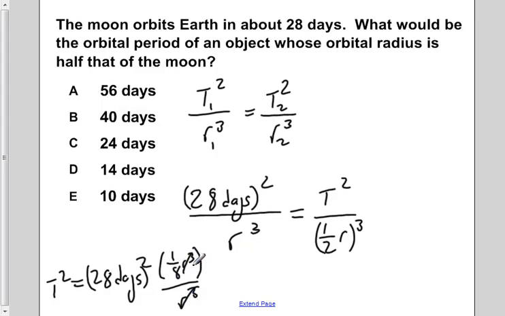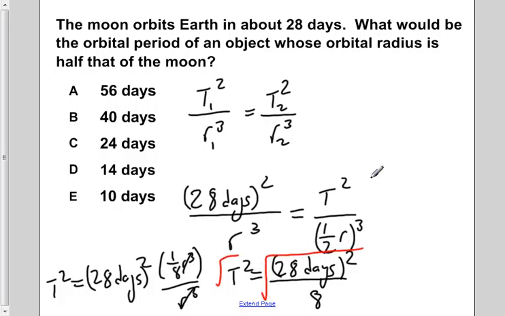Now the r cubes will cancel, and we'll be left with T squared is equal to 28 days squared divided by 8. If we now take the square root of both sides, we would find that T is equal to 28 days